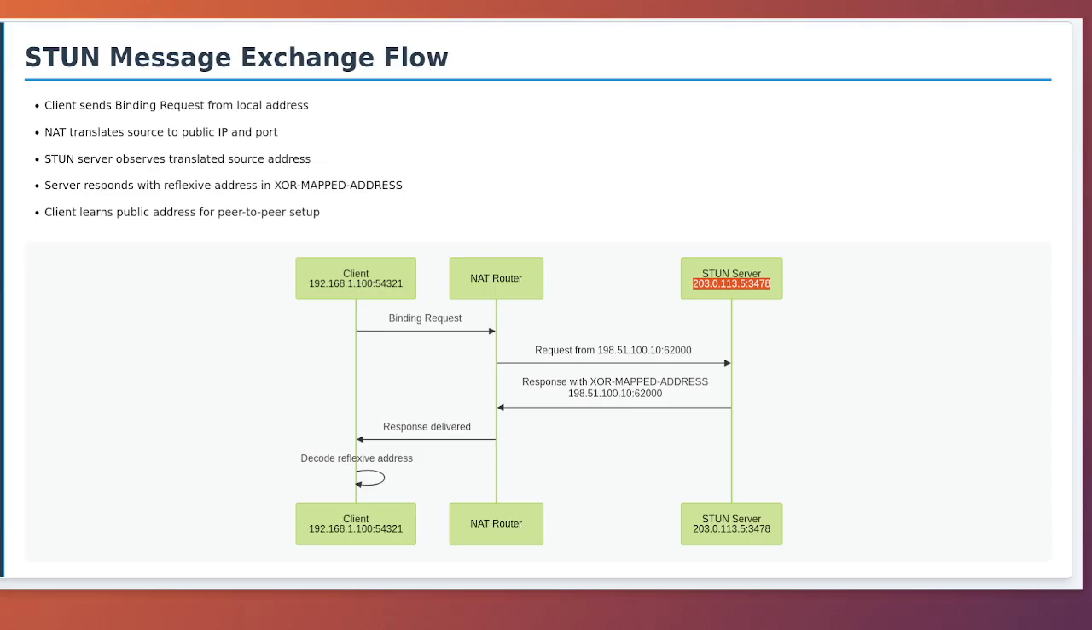The STUN server processes the binding request and prepares a binding response. The server extracts the source IP address and port from the received packet, which is 198.51.100.10:62000, and includes this information in the response as the XOR mapped address attribute. The server also copies the transaction ID from the request into the response, ensuring the client can match this response to its original request. The response is then sent back to